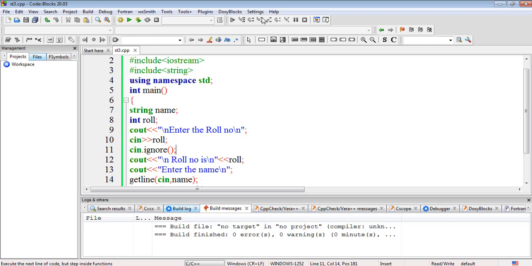If you are reading a numeric value before a particular string, that value will be read only by cin, but you have to write the cin.ignore function after that. Else the next particular values will not be read, they will be skipped. So this thing you have to keep in mind. I hope now it is clear to you. Thanks.